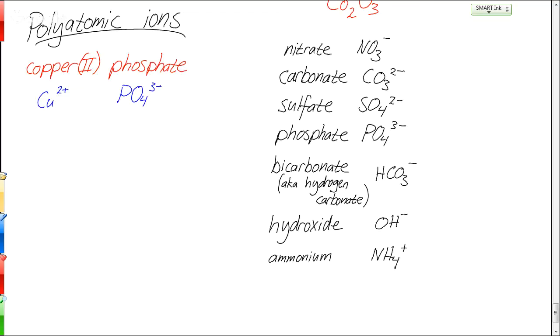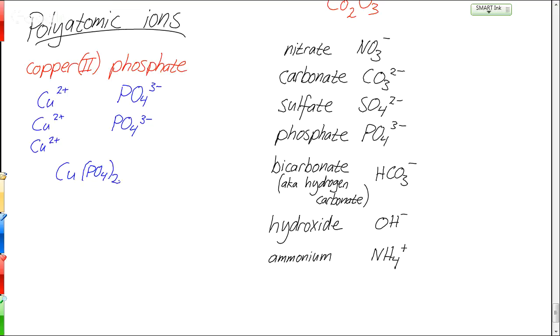You will need 3 copper and 2 phosphate. So you need 3 copper and 2 phosphate. Then you've got 6 plus and 6 minus overall. The way we write that compound is Cu